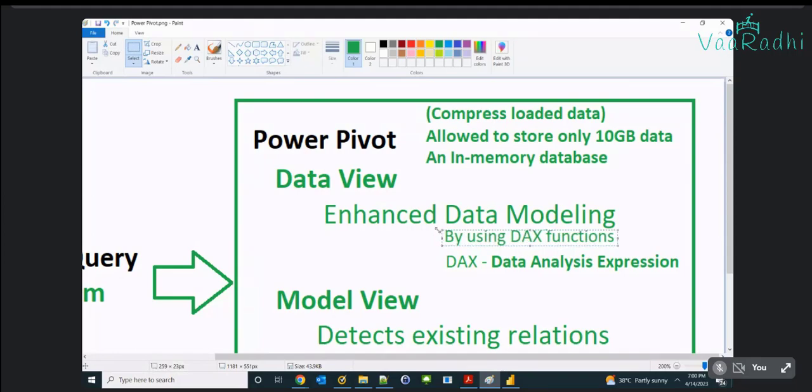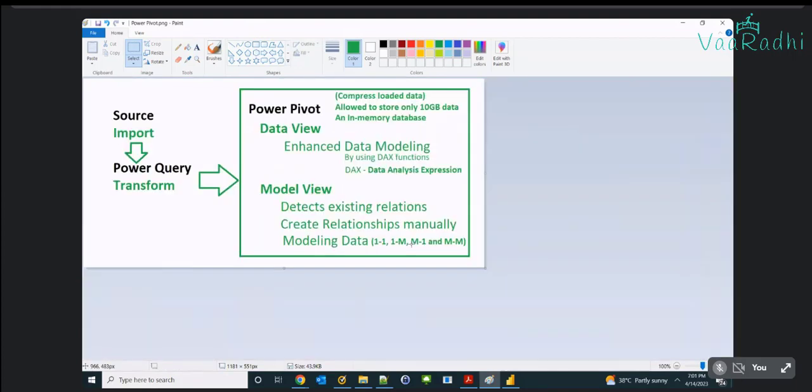There are different kinds of connectivity modes that we use, like import and direct query. In the case of direct query, we will not have access to the data directly. We'll be getting only the schema part, like the structure of the data. So how many columns will be there? Only such information. Even in such cases, we have to simulate and see